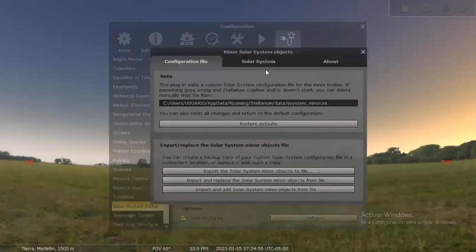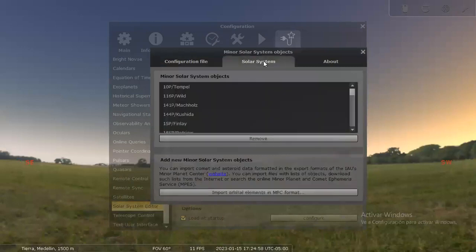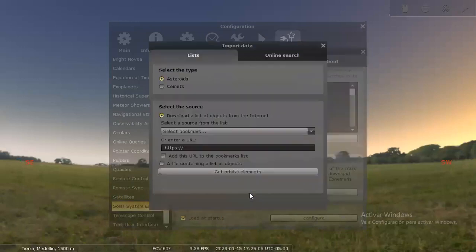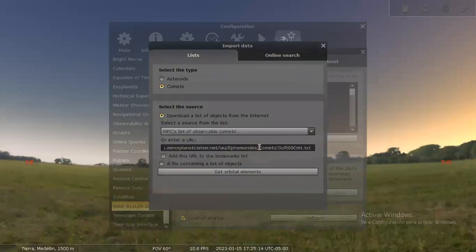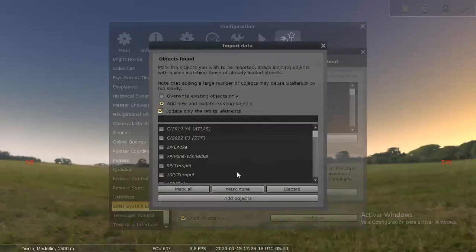Configure. Select the tab Solar System, okay, and we're going to click on Import Orbital Elements. Select Comets, and here in the bookmark, we're going to select MPC's list of observable comets. Great. Now click Orbital Elements. The comet appears here because I have done this process before, but what you're going to do is